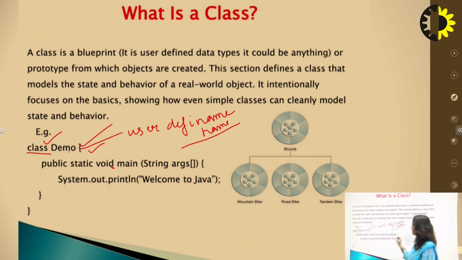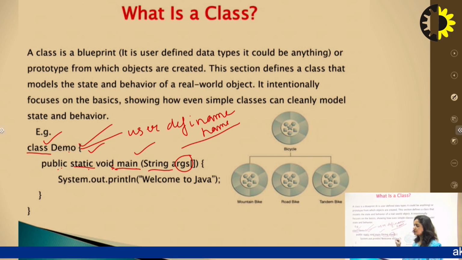Then, we will write a statement named public static void main. And we are passing parameters to the main method of type String, having variable arguments. Now, what does public mean? Public means that the main method is publicly accessible. And what is static? Static means the main method does not need any object to invoke it. It can be run directly. Void is the return type of this particular main method.